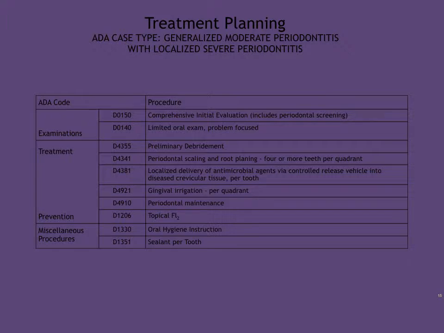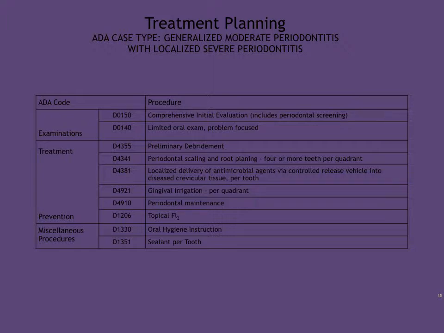D4355, preliminary debridement. D4341, periodontal scaling and root planing for 4 or more teeth per quadrant. D4381, localized delivery of antimicrobial agents via controlled release vehicle into diseased crevicular tissue per tooth. D4921, gingival irrigation per quadrant. D4910, periodontal maintenance. Prevention: